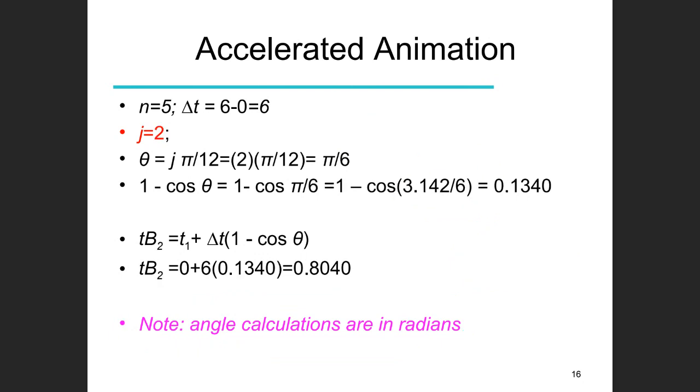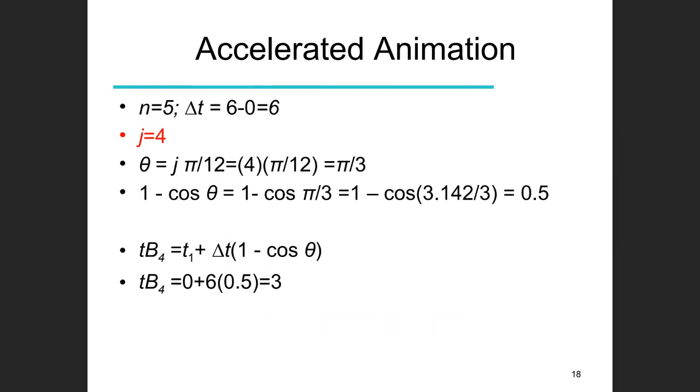So we calculated the value for j is equal to 2, then j is equal to 3, j is equal to 4. So we are doing all the calculations similarly. Just we are changing the value for this j in the theta. After computing the theta every time, we compute the value for the 1 minus cosine theta, which is coming here